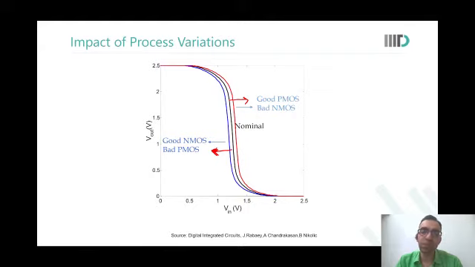So yes, for example, if there is a variation in TOX, that could be because of a different duration for which the oxide was grown. If there is a variation in doping, it could be because of a slightly different duration for which phosphine was run over the wafer, for example. So that phosphorus doping would be different. So it could be because of all these little variations that can happen in the manufacturing process.